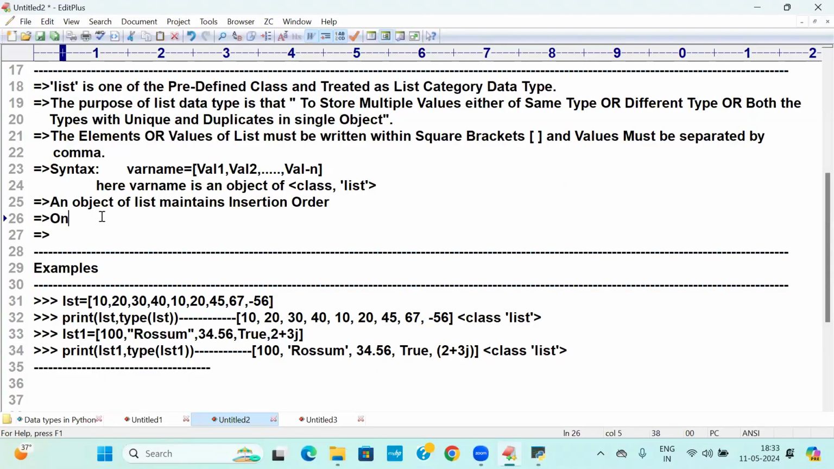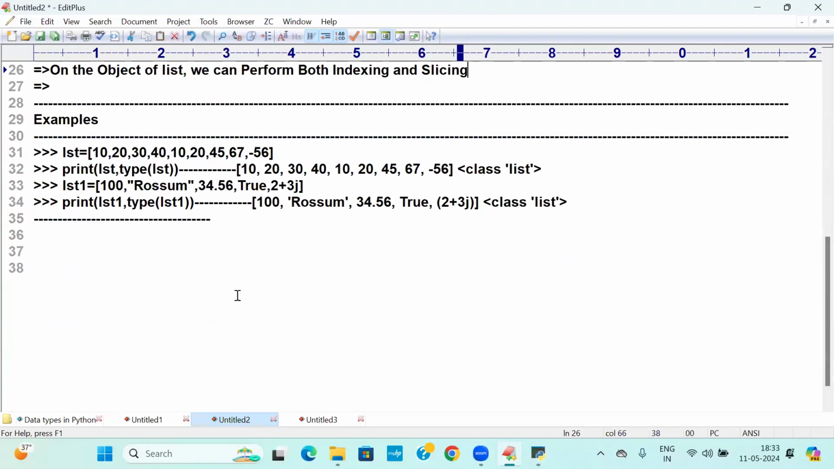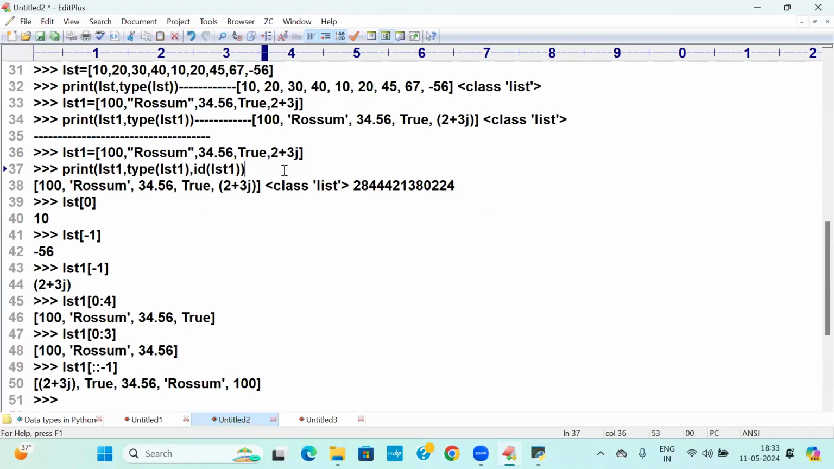On the object of what? List, we can perform both indexing and slicing. On the object of indexing and slicing. Are you able to follow? Under that, see. Now here I am saying,